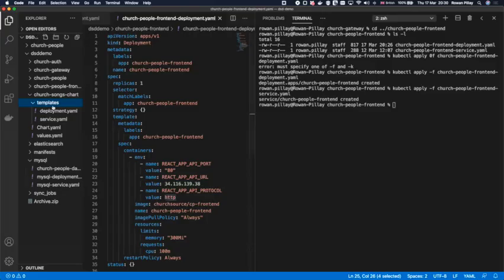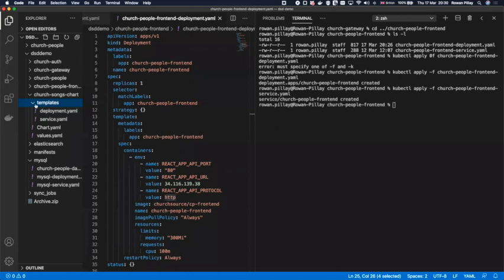So Helm is a tool that you install on your machine. I've got Helm 3, and that's nice because with Helm 3, you don't have to install anything onto the cluster itself. Way back in Helm 2, you'd have to install an application called Tiller, and it was complex. But with Helm 3, you just install Helm onto your machine, and then what makes it a chart is just this